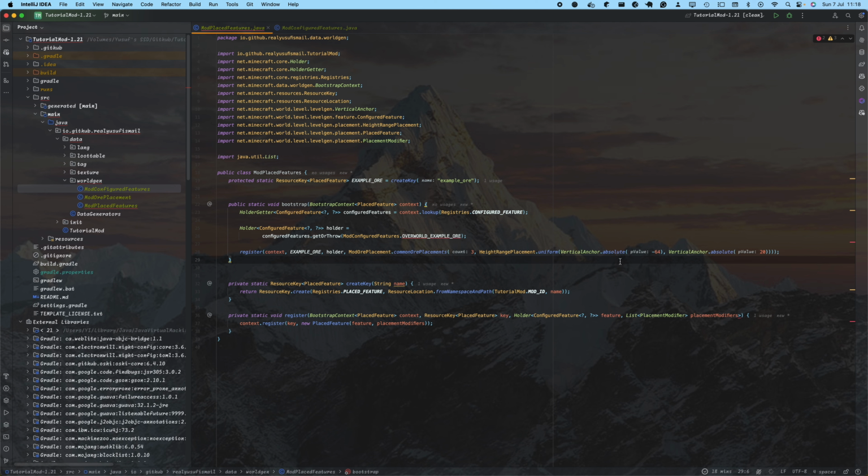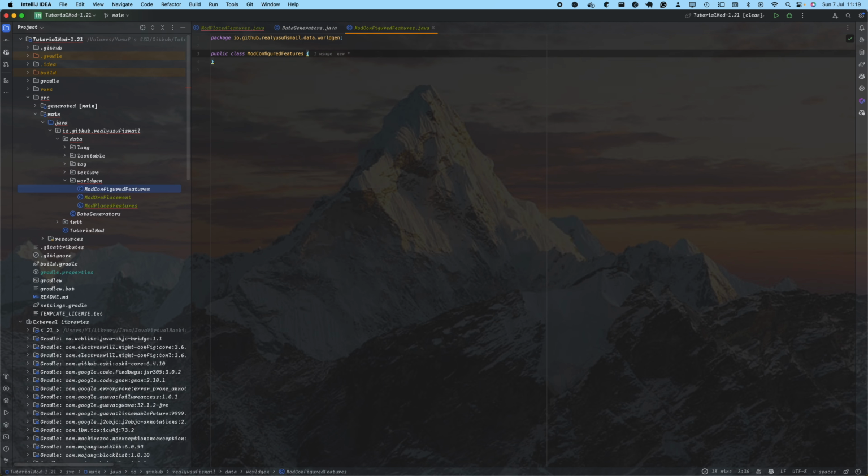So you can have it from y minus 64 to 0, or you can have it minus 64 to minus 20. There's really no max settings, unless you go over the maximum Minecraft height, which will just not work. Alright, so now we can head over to our ModConfigFeature, and in here we're also going to